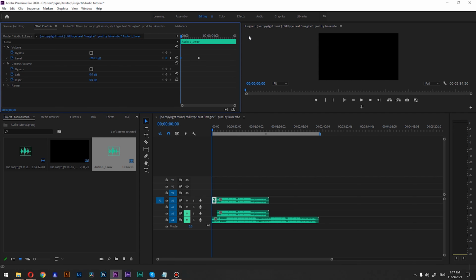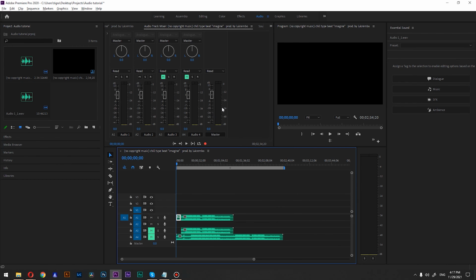Okay, for another method, we want to go to the audio tab, and here you can see the audio track mixer. What we have here is audio 1, audio 2, audio 3, and audio 4. A1 is this one. If I lower this here, I can no longer hear this audio anymore.